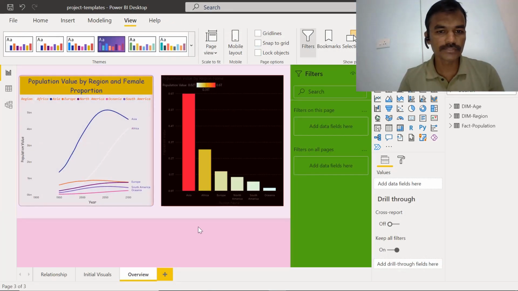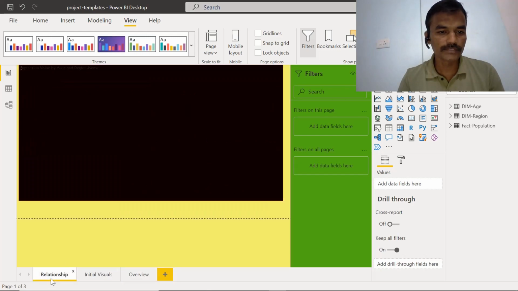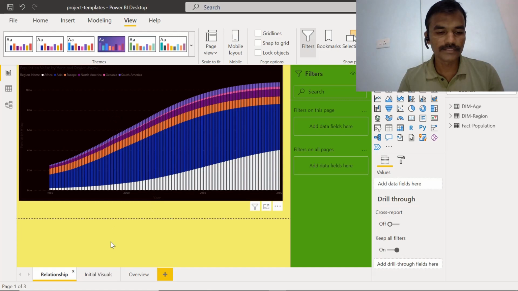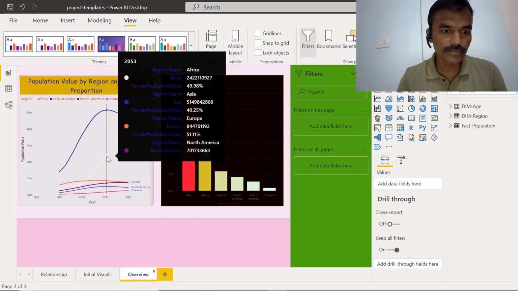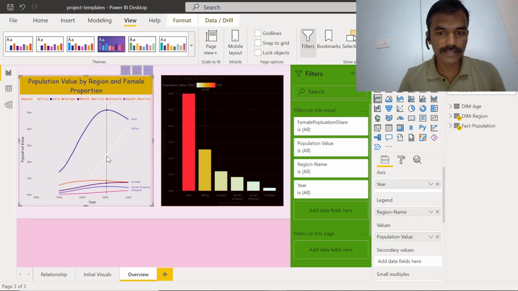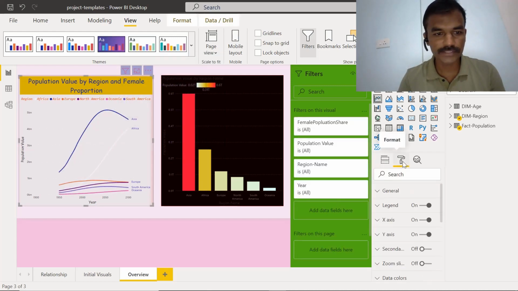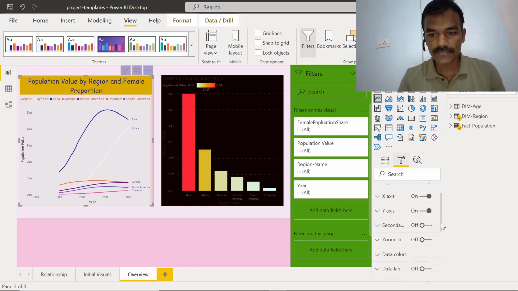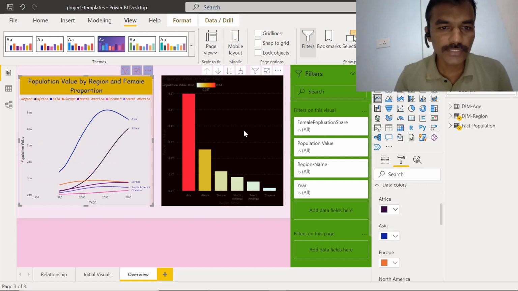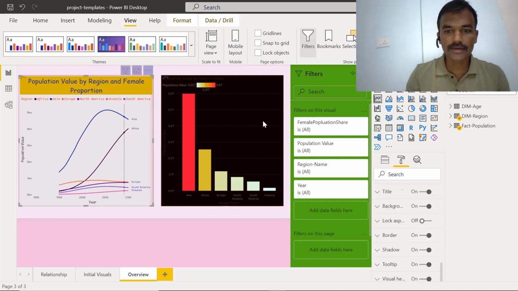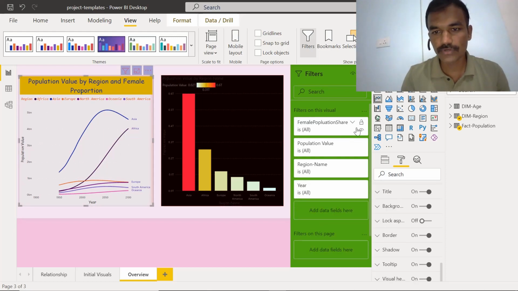So this has changed everything, and you can see this is applied to these pages as well, and yeah, this is how it looks. So it all depends, means maybe we need to change some of the colors, like if this line is not getting displayed, then we can go in the format section, and for line color we can change. So this Africa, we cannot see it, so let's make it black so that it will look visible. So these are the things which we can see, and how the filter panel looks and everything.